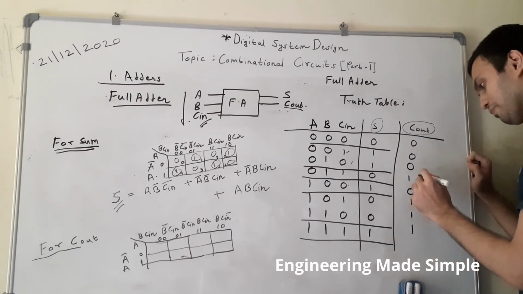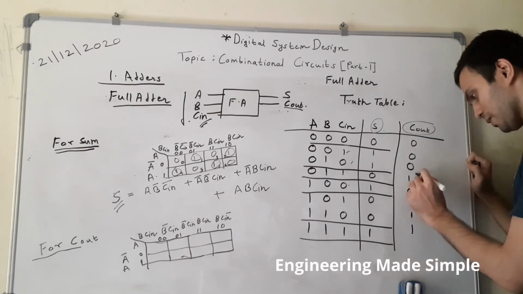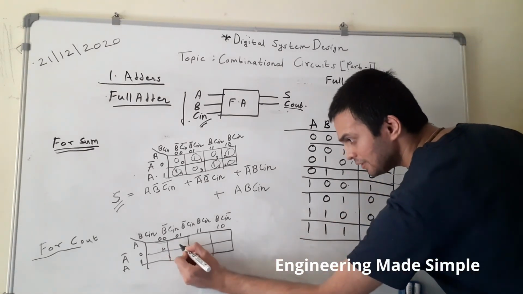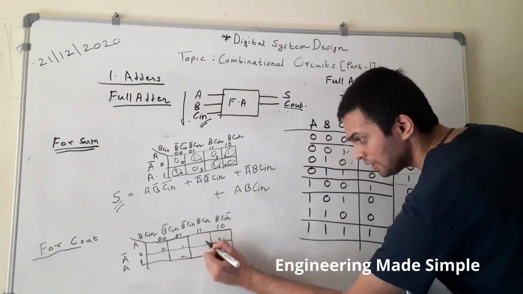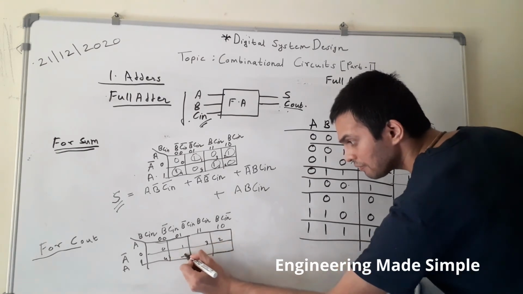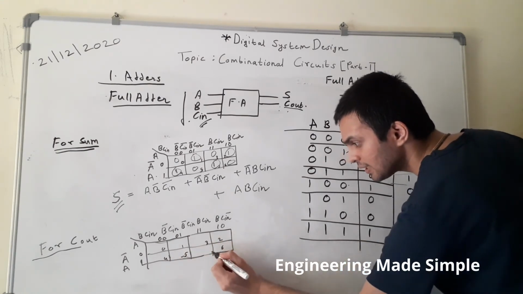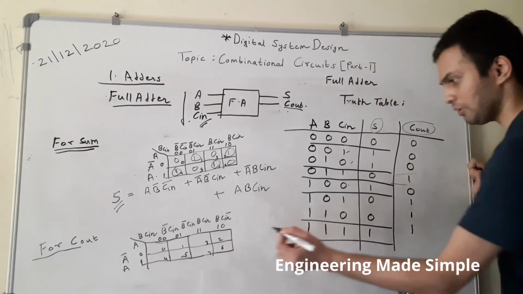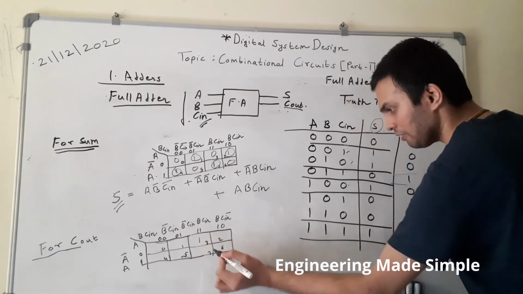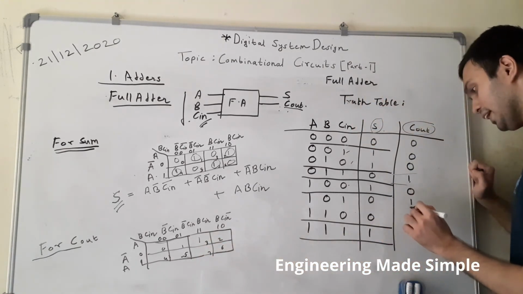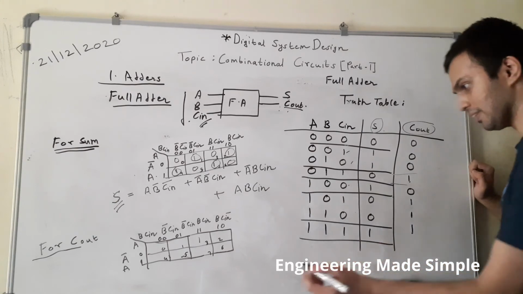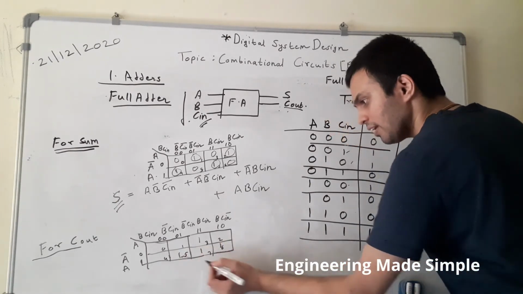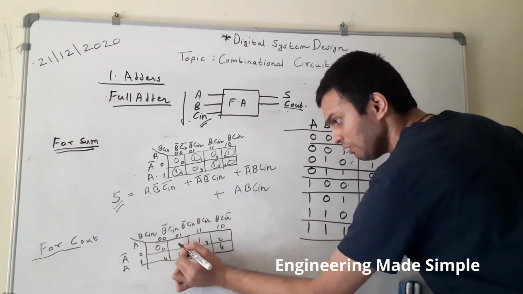Now which are the min terms over here? Observe, this is 1, so this corresponds to 3. So I will label it 0, 1, 2, 3, 4, 5, 6, 7. This min term corresponds to min term number 3, and I have filled it with 1 over here. The others are 5, 6 and 7. And the rest of the cells we will fill with 0.